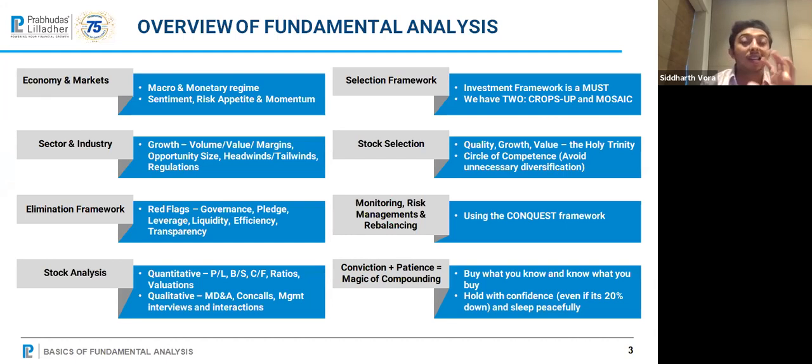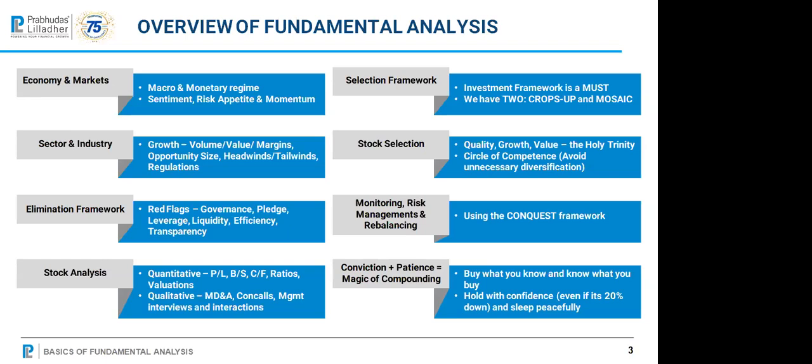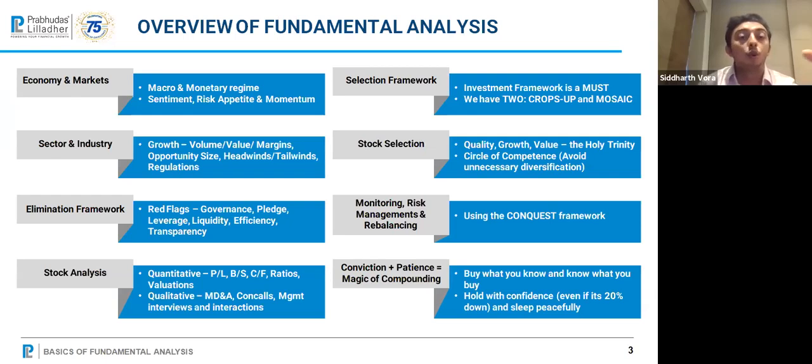After that, I need to evaluate risk appetite. In risk appetite, I have to look at different global asset classes and Indian asset classes. I need to see if the money is flowing into riskier assets or risk-free assets. For example, in March, there was a very strong move out of equities and a move into gold, liquid funds, GSEC, etc. This clearly shows me one thing, that the market is in a risk-off mode. And when the market is risk-off, equities are going to be beaten down.